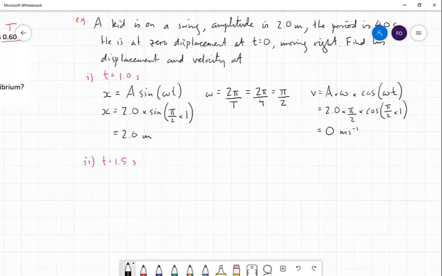This is less obvious. This is the kind of thing that we would have used our reference circle for. So we have x is equal to A sine omega t, which is equal to 2.0 times sine of pi over 2 times 1.5,